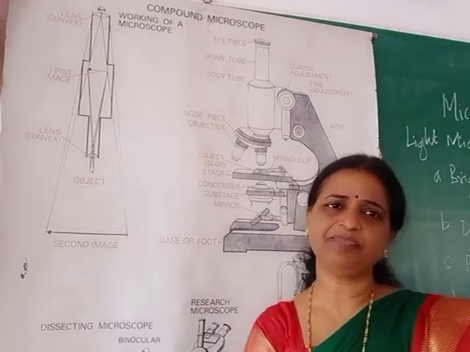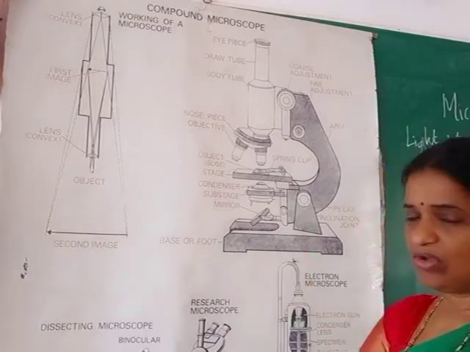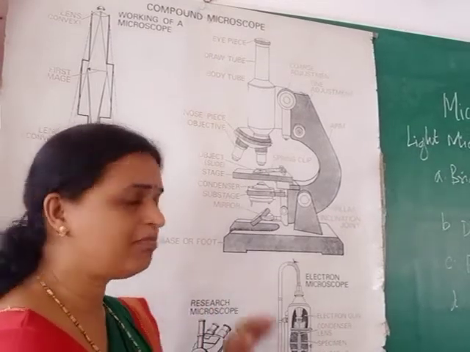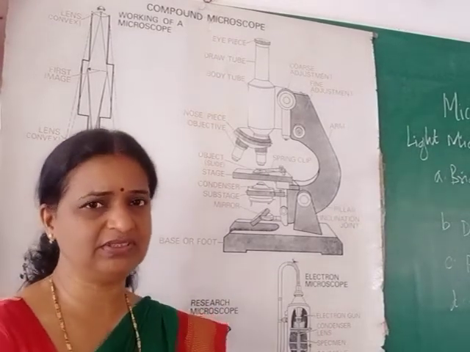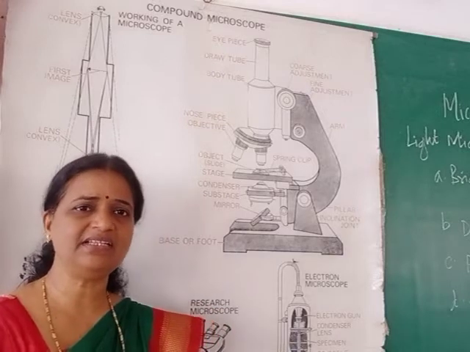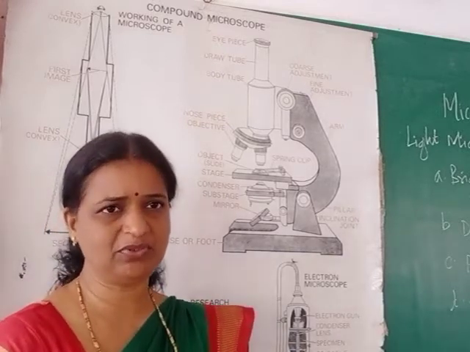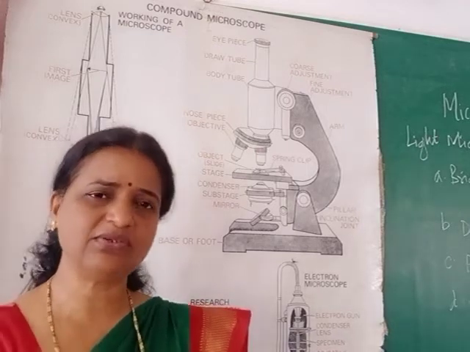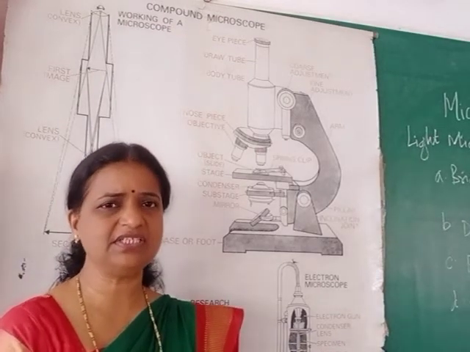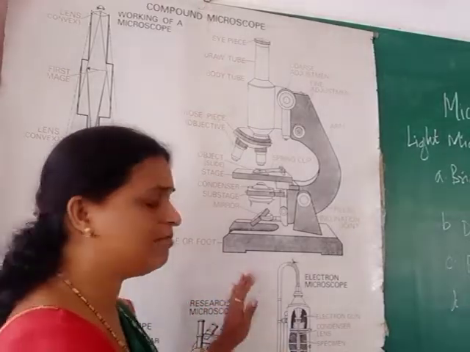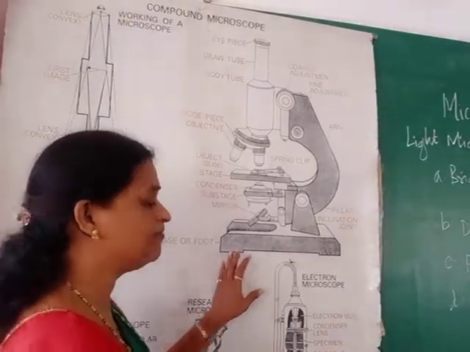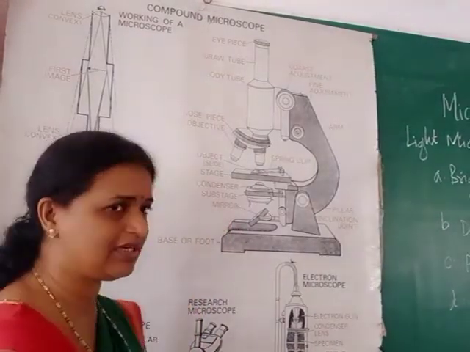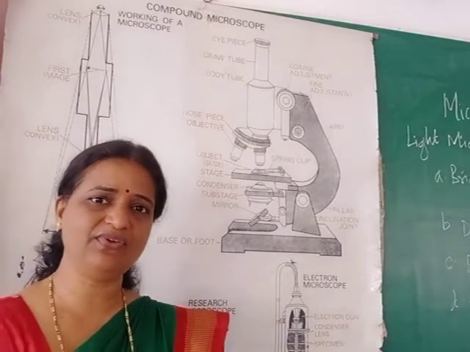Now let us study the compound microscope. We have a chart showing the figure of the compound microscope. Let us see which are the parts of this microscope and how they function. In the next lecture we will go into detail about the principles of image formation, how this microscope gives a magnified image and high resolution. Now let us see the parts of the microscope. Here you are observing the chart of the compound microscope, an example of a bright field microscope.